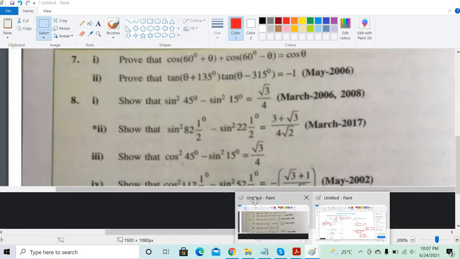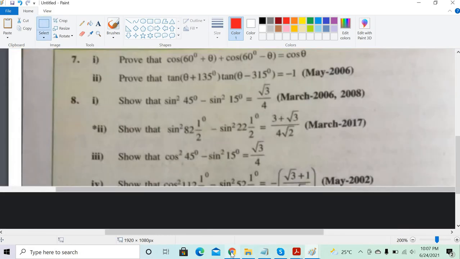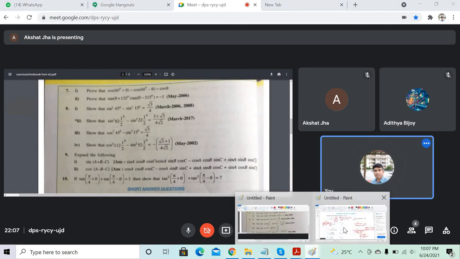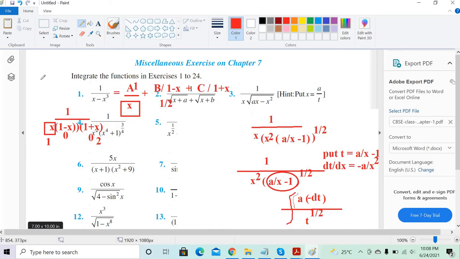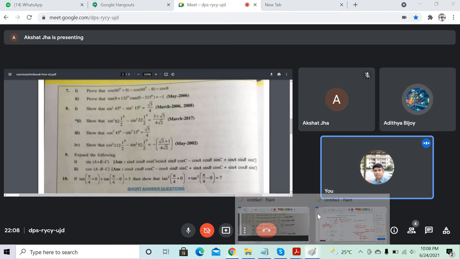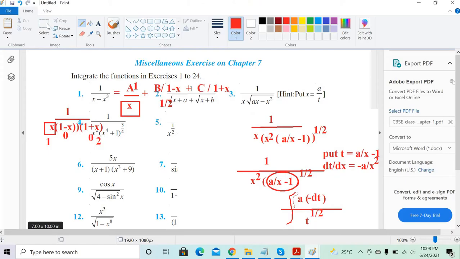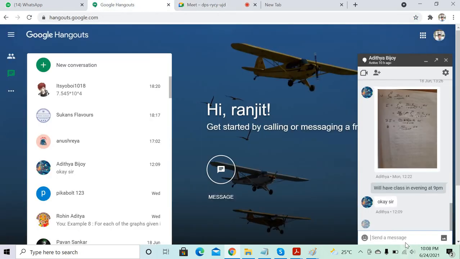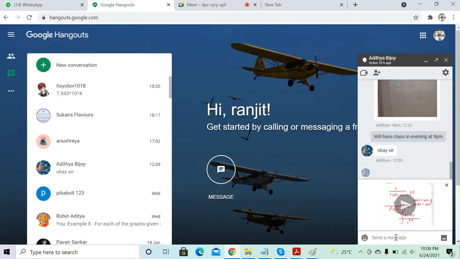Okay, let's go to Akshat. Oh, I sent you, I shared you or not? Oh, I didn't share, no? Did I share my screen to you? No, sir. Okay, sorry, then I'll just send it to you. I thought I was just writing it here. I thought I sent you. Okay, look.